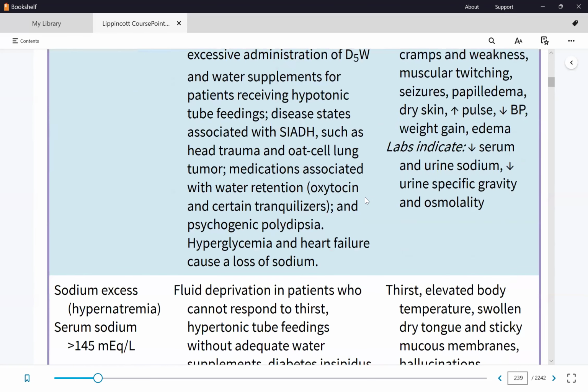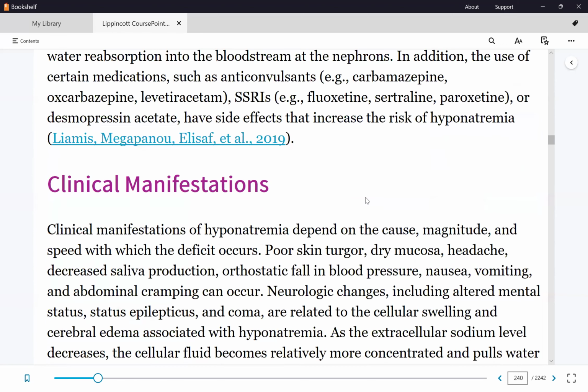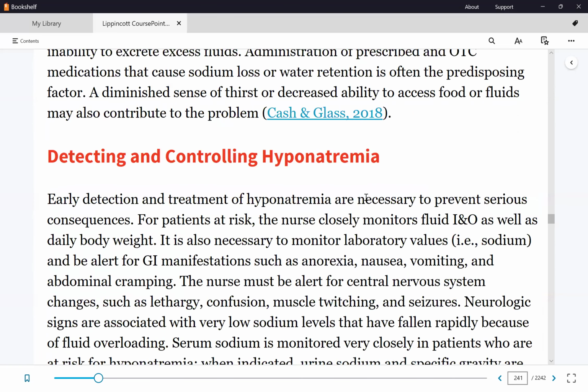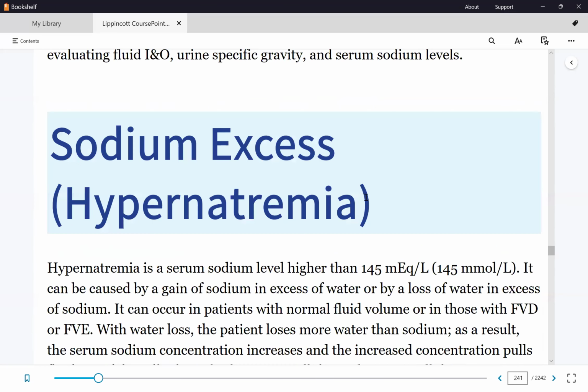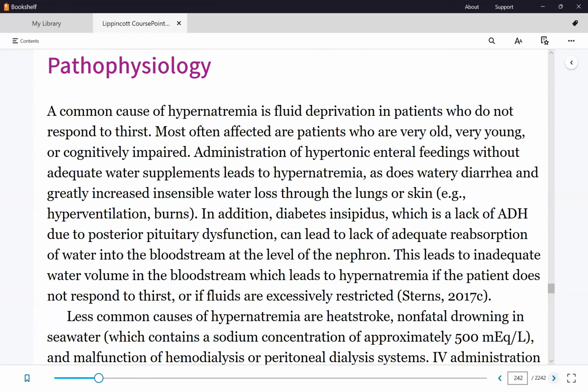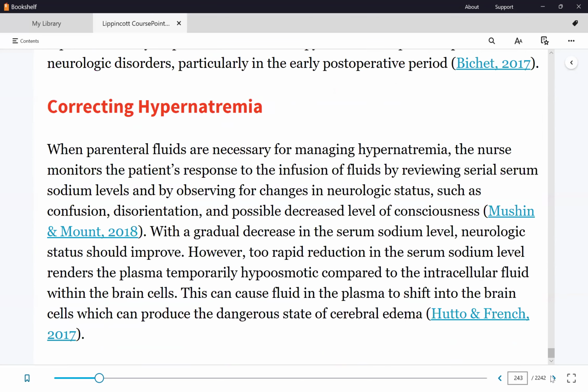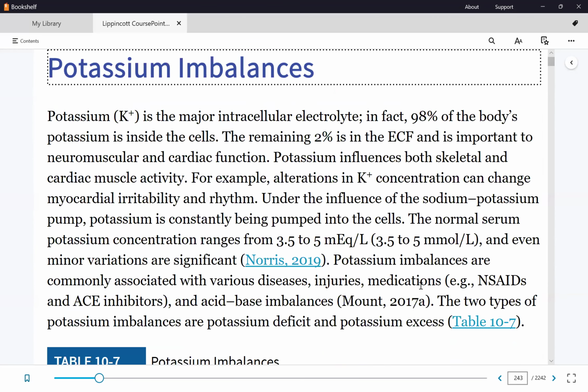All right, so we'll have more details on potassium imbalances. Let me go to potassium now. Right, unlike sodium